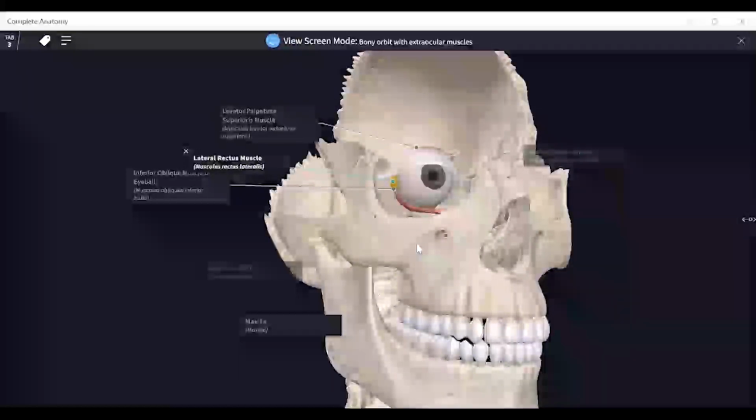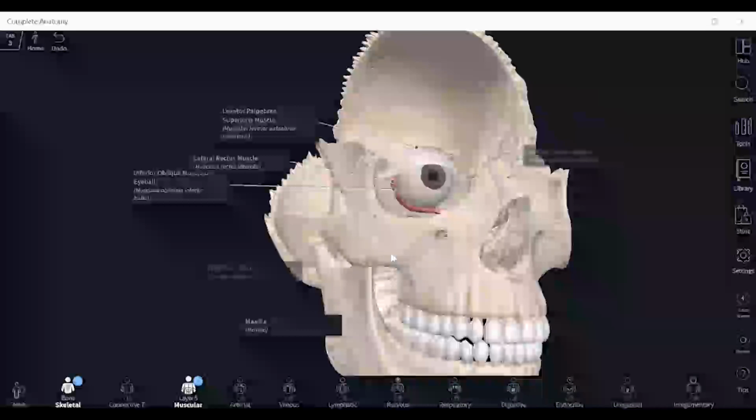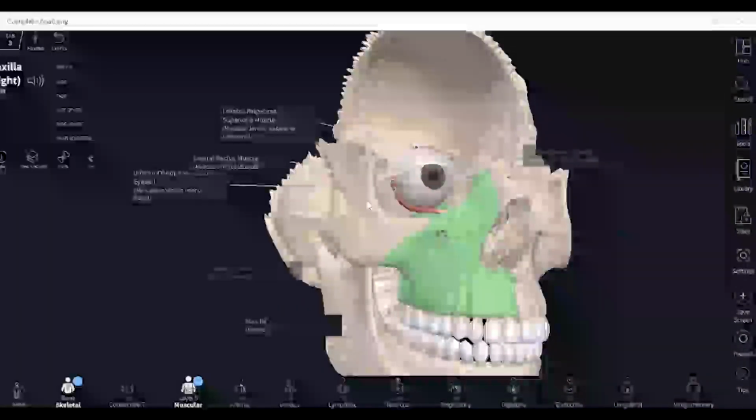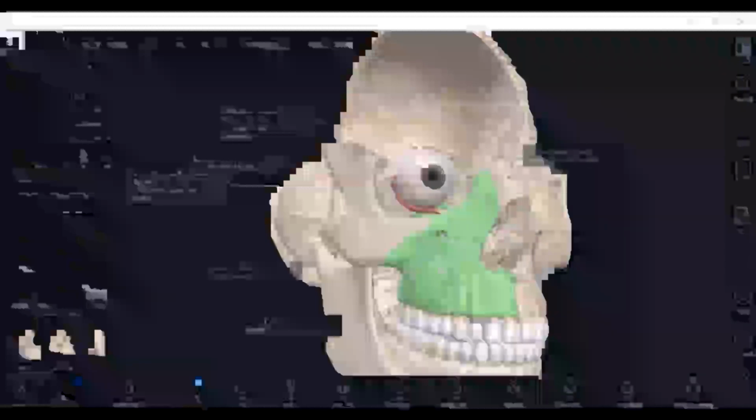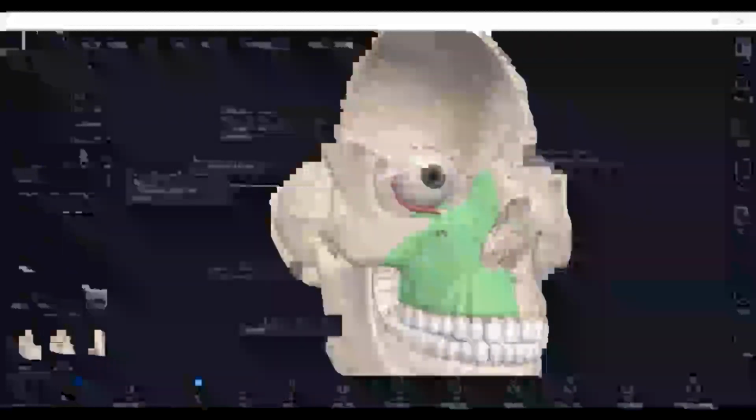Now if I want to edit this model, what I will do is close this window here. Then once I click on it, on your left hand side, you will see that various tools will become available. So the highlighted structure is the maxilla. About that, the details are given in this.